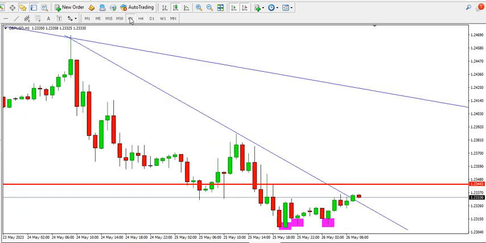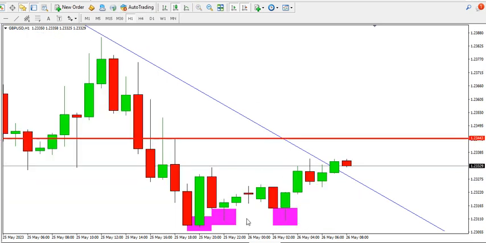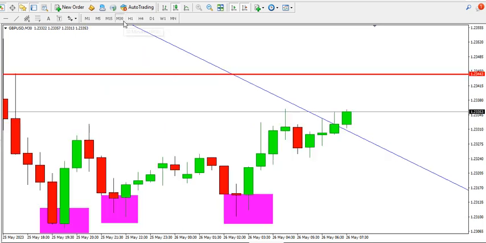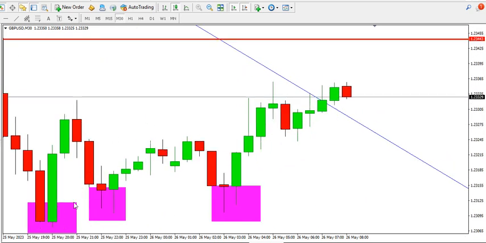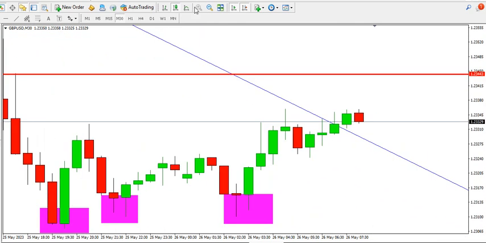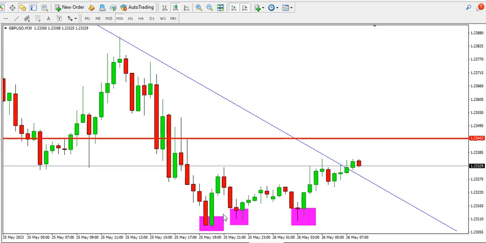On the 1 hour time frame, what do we have? We can see something like a triple bottom on the 1 hour time frame. Price is trying to retrace, and the overall structure is still bearish. On the 30-minute time frame, the triple bottom price pattern is obvious, and we can see more like a break of the neckline around here. Price might attempt a recovery to the